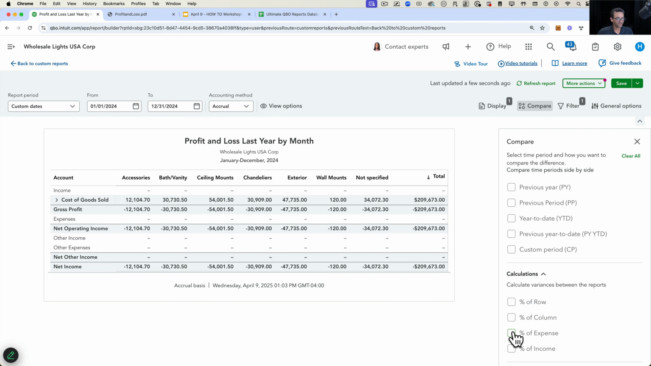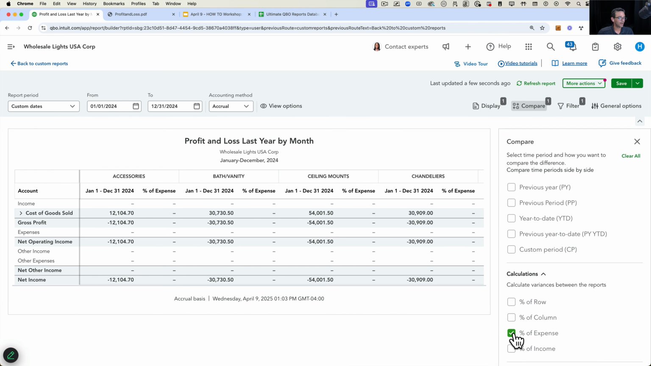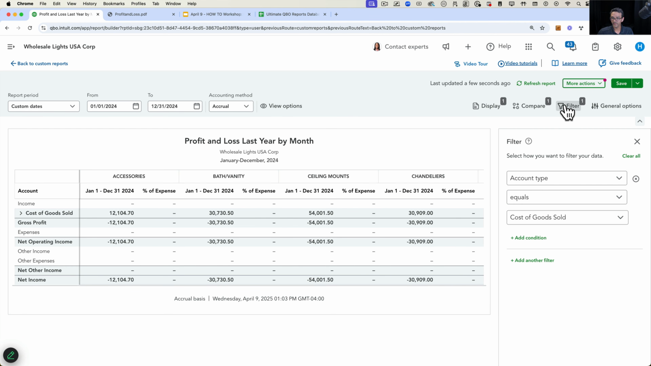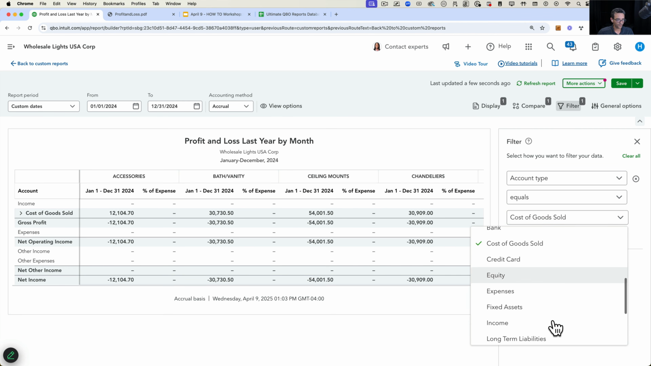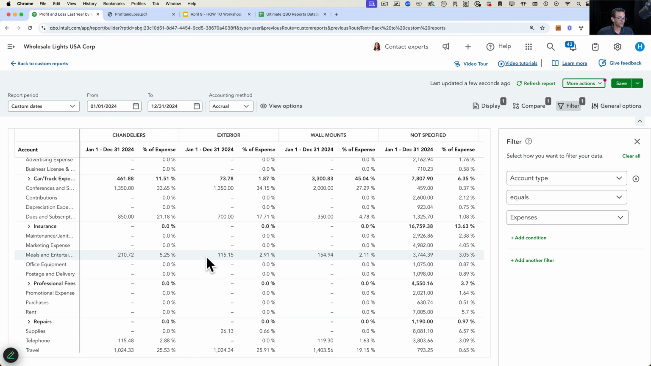in this case, I'm going to do percentage of expense, but I'm going to do it based on only showing expenses. So that actually will be a lot easier. So let's filter and only show expenses at this point. Let's do expenses. Remove cost of goods sold. So this will be pretty interesting. So now I get to see what percentage of it, not percentage of income, but percentage of expenses any of